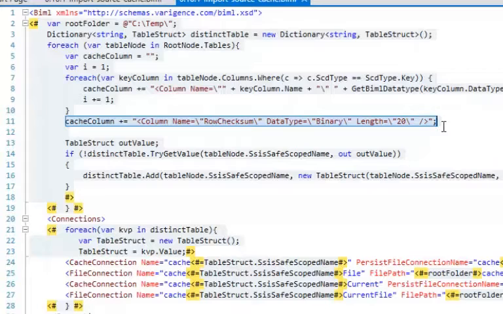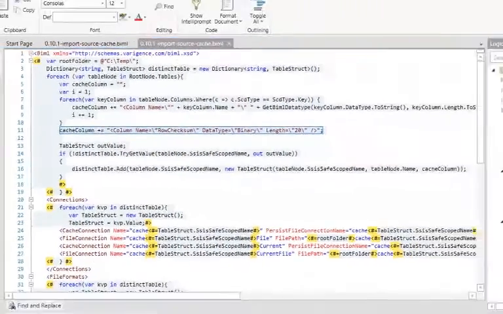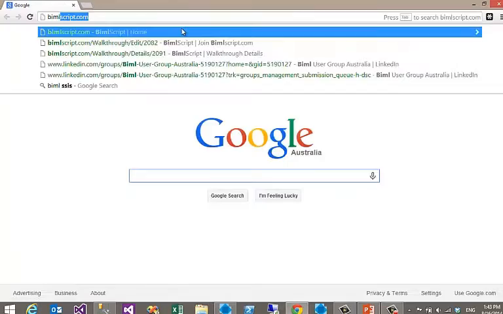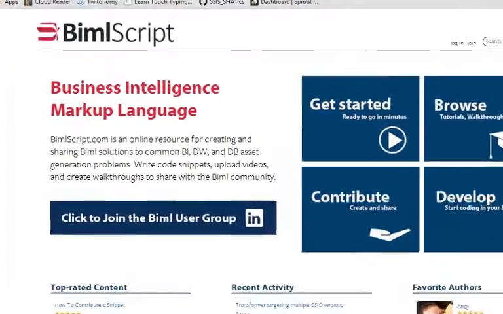You'll get access to the custom component and the source code for that custom component, if you want to use it. Now I've been using this component for years and I've never had a problem with it, but please go and test it in your environment. If you're not allowed to use custom components in your environment for whatever reason, you can go to bimelscript.com, or actually in fact you would have been on bimelscript.com, and what you would see there is